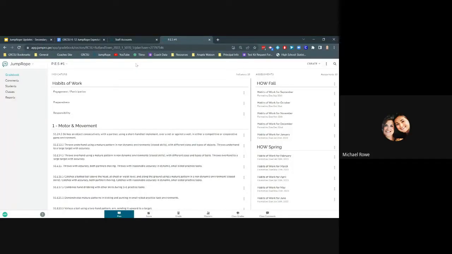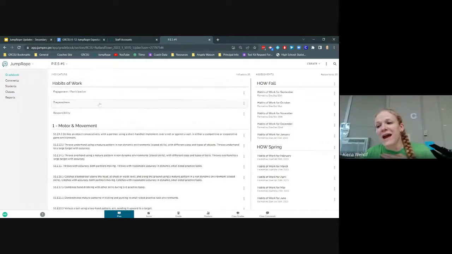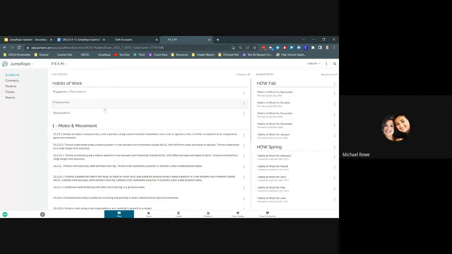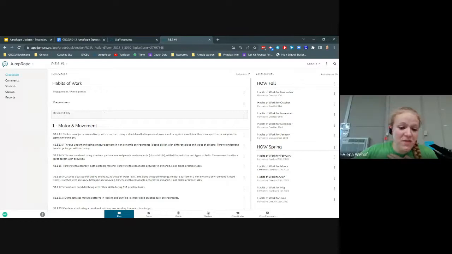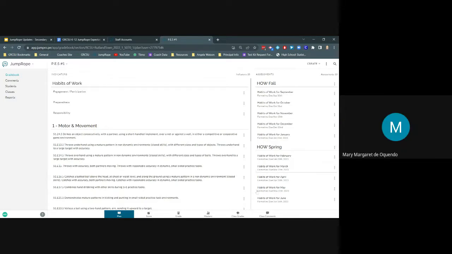And then let's see how I can attach other classes to the same. Do you know what I mean? So that my phys ed would get the same indicators. Yeah. So unfortunately, we have to pull the course plans in to each one. But I don't mind helping with that, especially for those of you guys in my building. But if there's anybody else who wants help with just pulling stuff in, because the coaches can ninja in, we can help with pulling stuff in. We just can't do it for everybody all the time, but I can help out. But yes, you did set this up correctly.